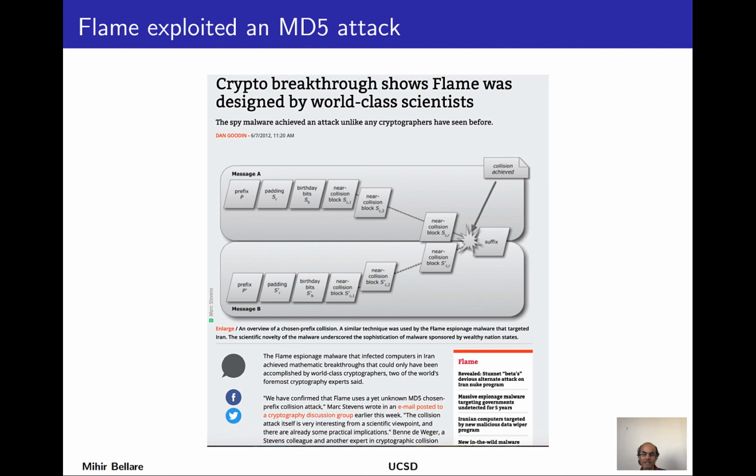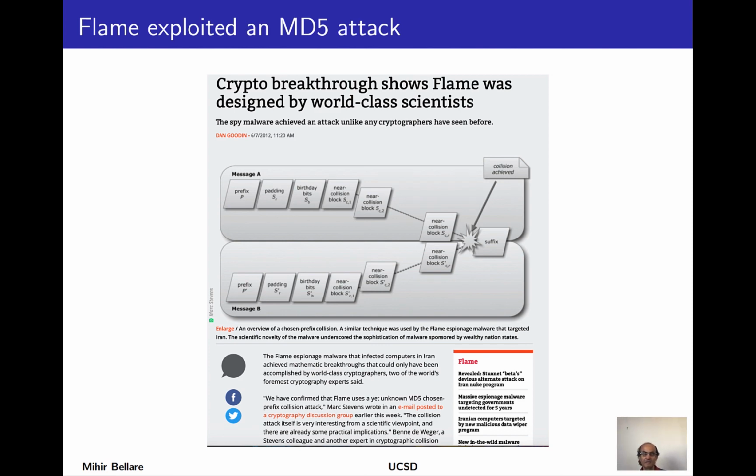Flame was a piece of malware that was discovered in computers in Iran that had been infected. It had something to do with their nuclear weapons program. And this malware internally was forging certificates by creating MD5 collisions. And it was doing that by exploiting a cryptanalytic attack on MD5, in fact, one that at the time wasn't even in the public domain. And so it had obviously been designed by some quite expert cryptanalysts. And there are, of course, speculations as to which government agencies or which countries had helped to create